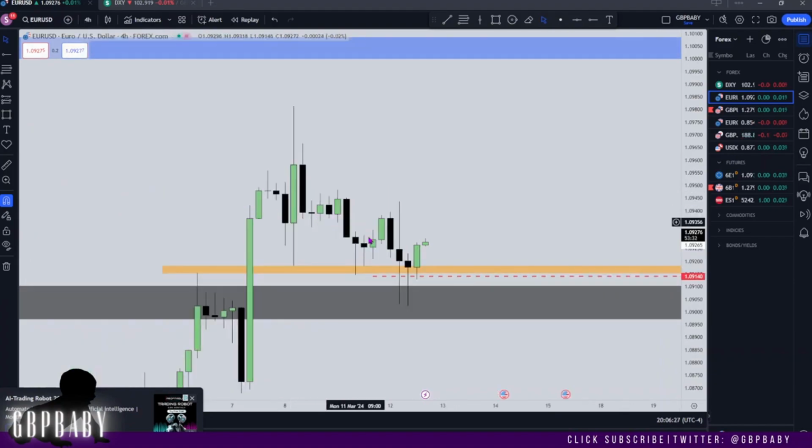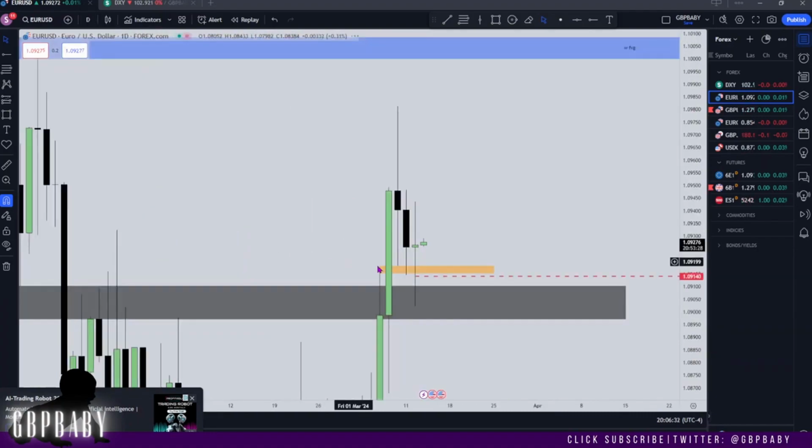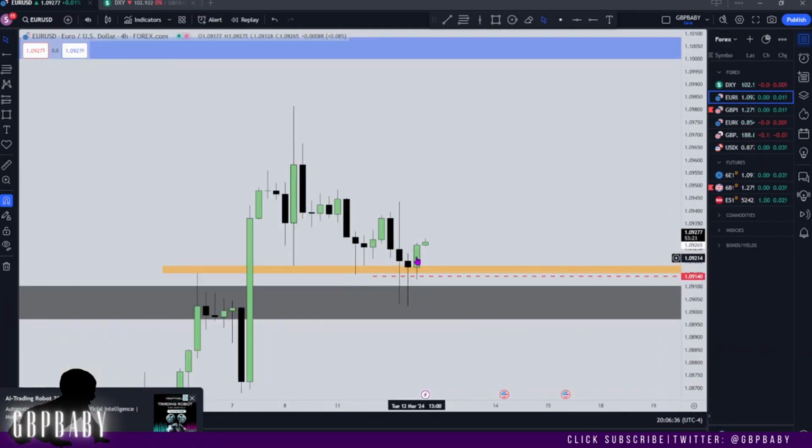We'll go down to the 4 hour. You can see our price traded back down into that orange range, which is this simple daily fair value gap right here. That's that on the 4 hour. So you can see we wicked down, but look at volume. Guys, pay attention to volume. You can see we wicked down into this